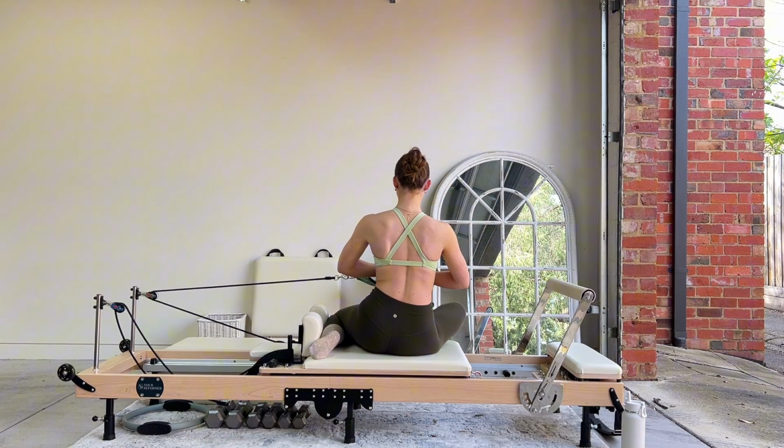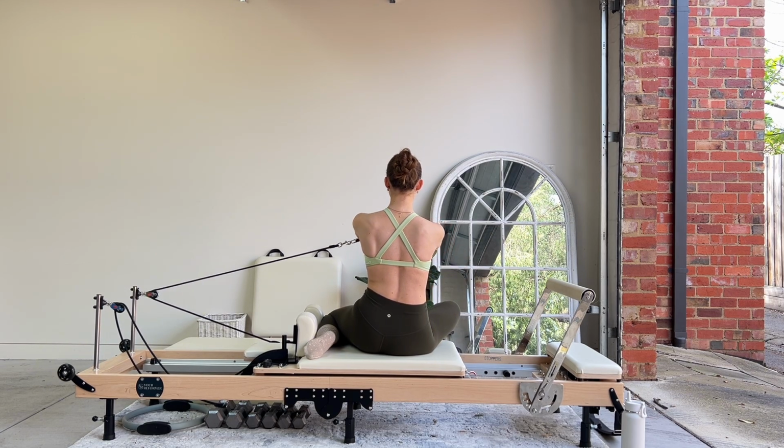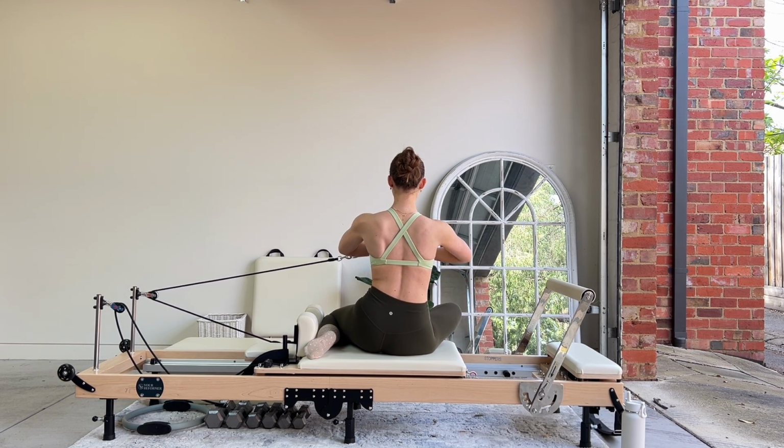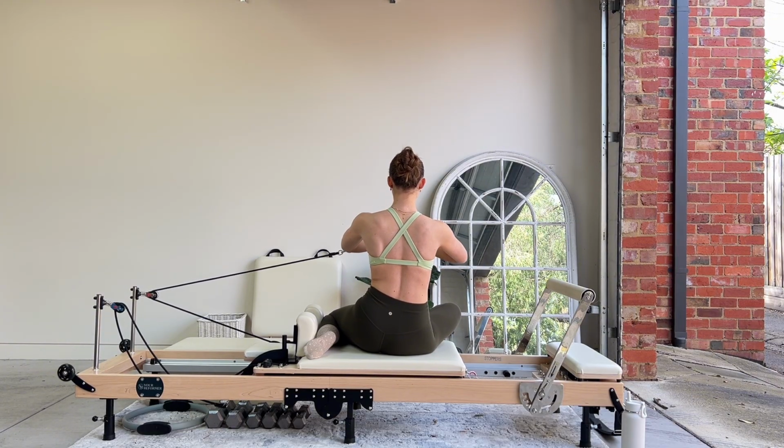Let's start off with that pallof press. So we're nice and tall. Strap is in front of that heart. We're going to start to press it forwards and then bring it back in. So we press it forwards, control it back in. Remembering as we go through this one that we're really trying to keep that strap directly